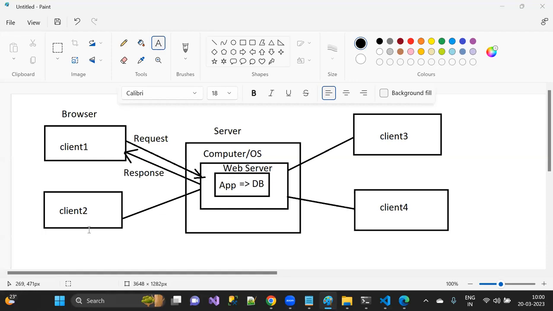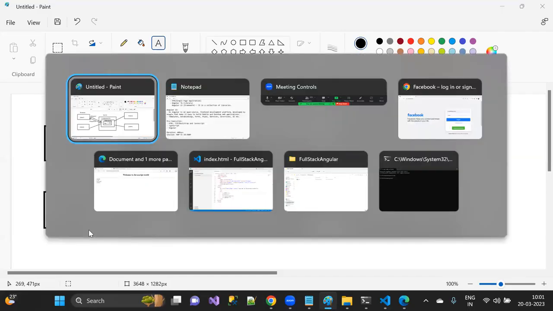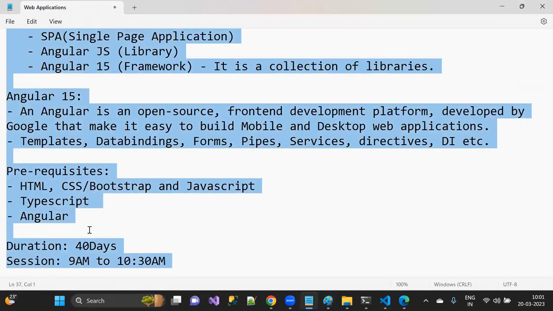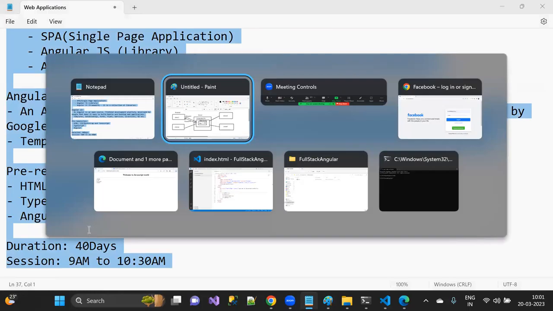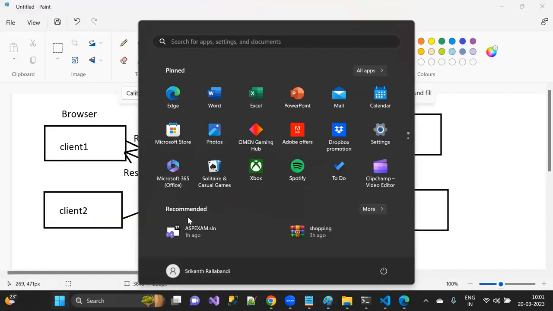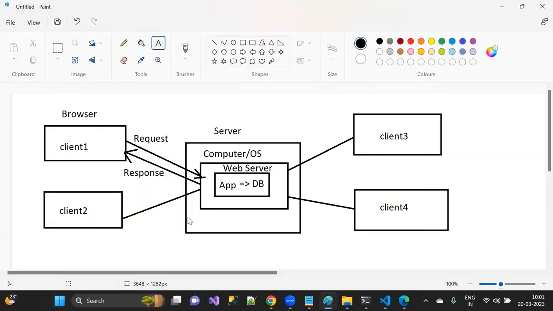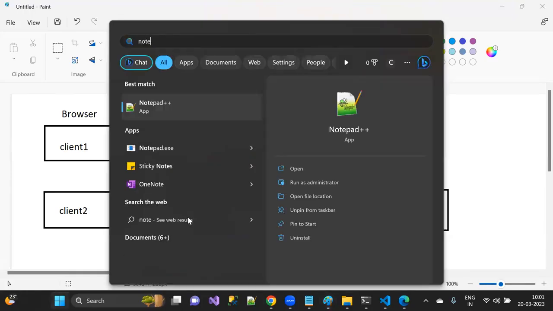No need. I will share the notes, but I'm not sure about the Google Classroom link, they haven't shared it with me. Once they share the link with me, I will upload everything that I have discussed. Whatever I discussed here, I'll definitely upload in the Google Classroom. Don't worry.